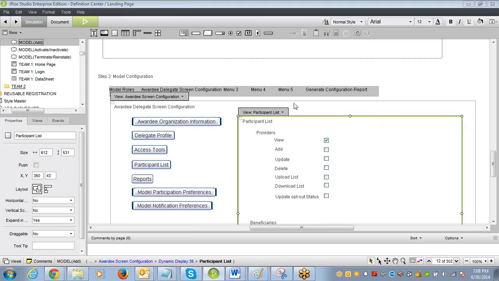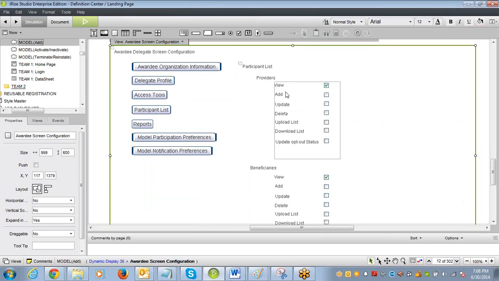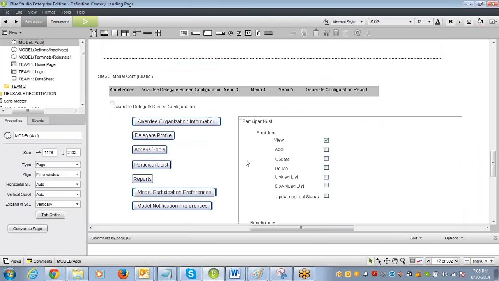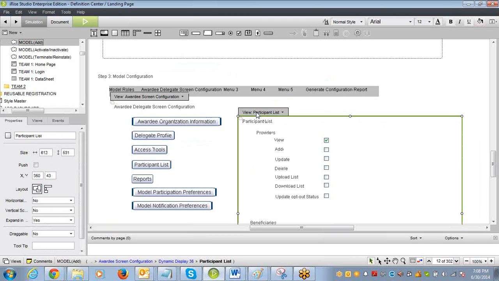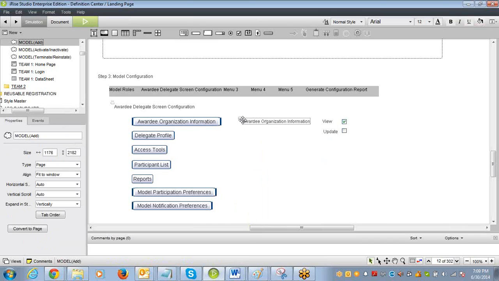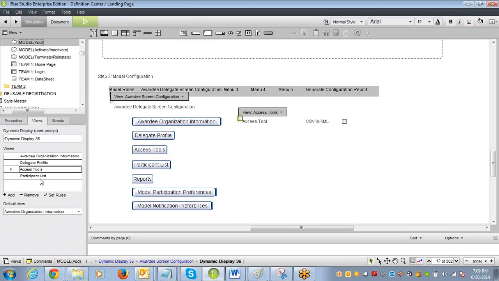Okay. All right, so generate configuration report. Do you want to switch over to that, or we have participant list? Do you want to do reports as the next one? No, that's fine. So we did the access list also, participant list. Let's look at the ones we have right now. I'll make the other ones blank, and I'll have something in there so we know that when you click on something, it'll just say reports, and we know we need to do something with it. So the reports is basically going to say